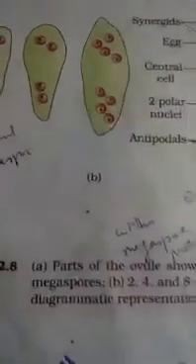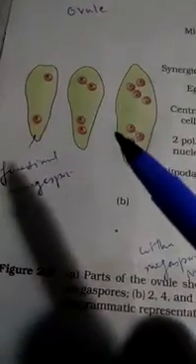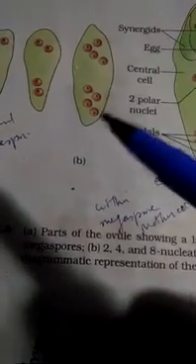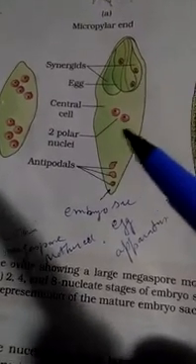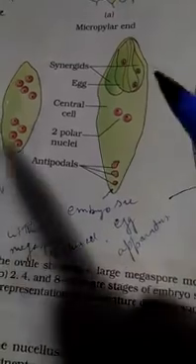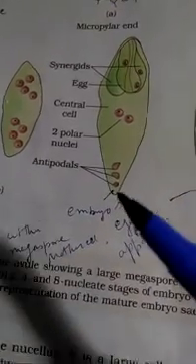from which the embryo sac is formed in the following way. First of all, the functional megaspore nucleus divides mitotically to form 2 nuclei which move to 2 poles. Then second mitotic division forms 4 nuclei, and third division, 8 nuclei stage. These are not cells, only nuclei. Out of this, 6 become cells and the 2 remain as 2 nuclei which arrange in the center, and the remaining 3 and 3 go to the 2 poles of the embryo sac.